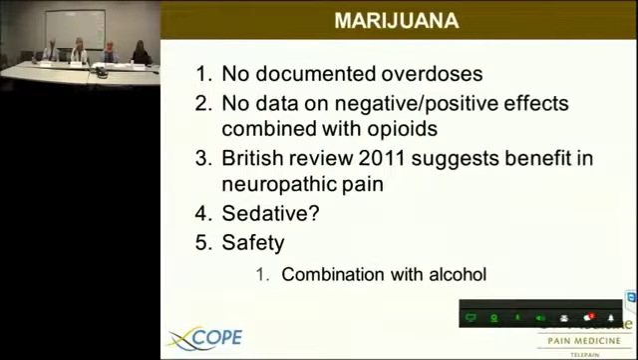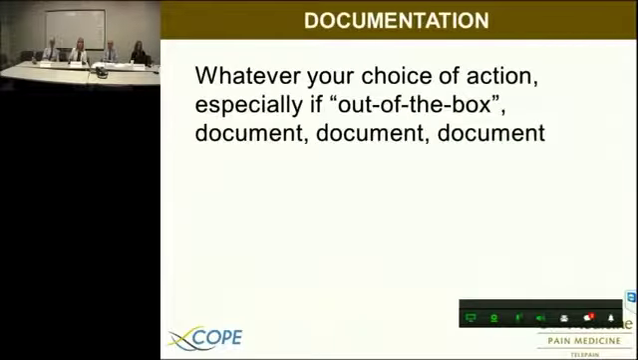There are no documented overdoses of marijuana only. There are no data on the negative or positive effects combined with opioids. There's a good review in the British literature that suggests some benefit in neuropathic pain. Unfortunately, the substance that they use is different than we use in our country, so it's difficult to generalize. Marijuana is a sedative, especially if you use the THC component, and we don't really know about the combination with alcohol. Whatever your choice of action, document what you're going to do and explain it,